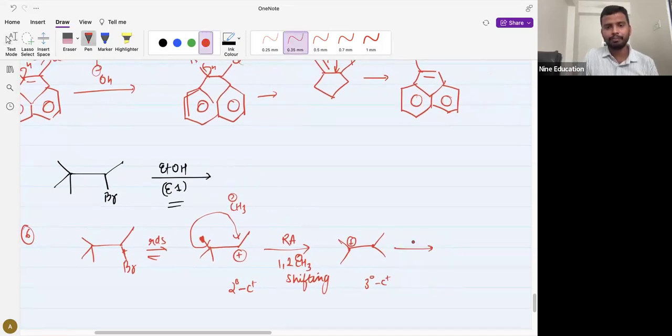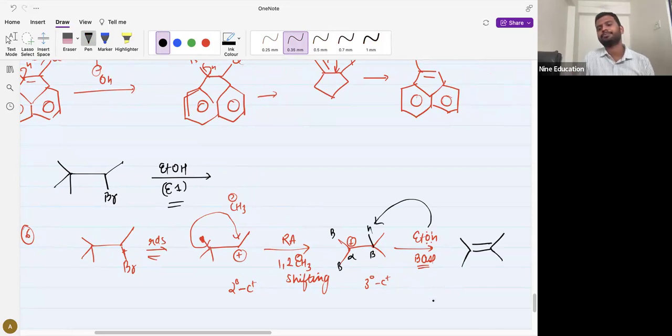After rearrangement, what will happen? ETOH will act as a base. Now elimination हो गया है, positive बन गया है. Now what it will do? It will take, this is alpha, this is beta, this is beta, this is beta. So it has to take hydrogen from beta carbon. So it will take this hydrogen because more stable alkene will be made. Understanding or not? So answer ours is this,